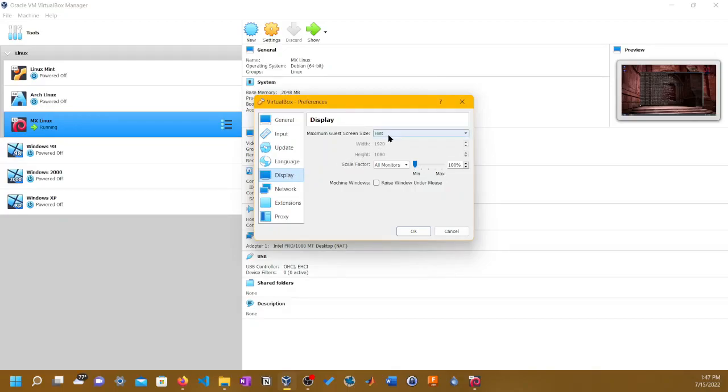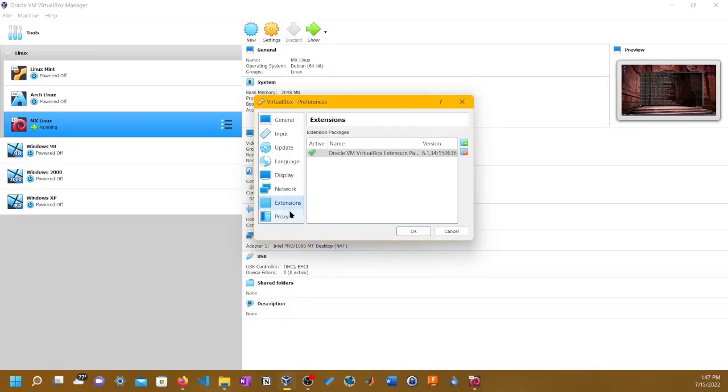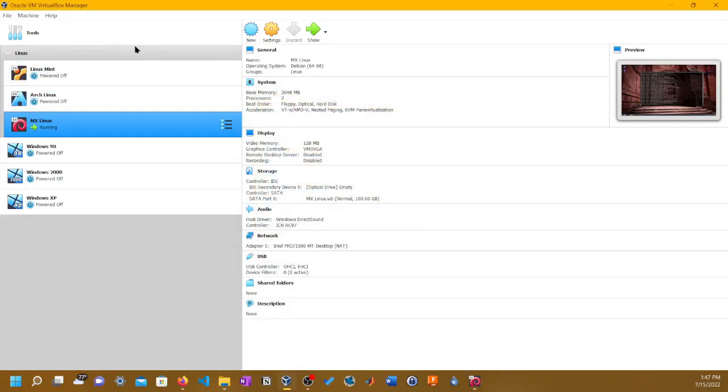There's maximum screen size, and there's different network cards you want to put in. There's extensions, which I actually put in there. You could add it there, or you could click on the extension that you downloaded. And there's proxy. Okay, so I guess proxy as in, I have no idea.